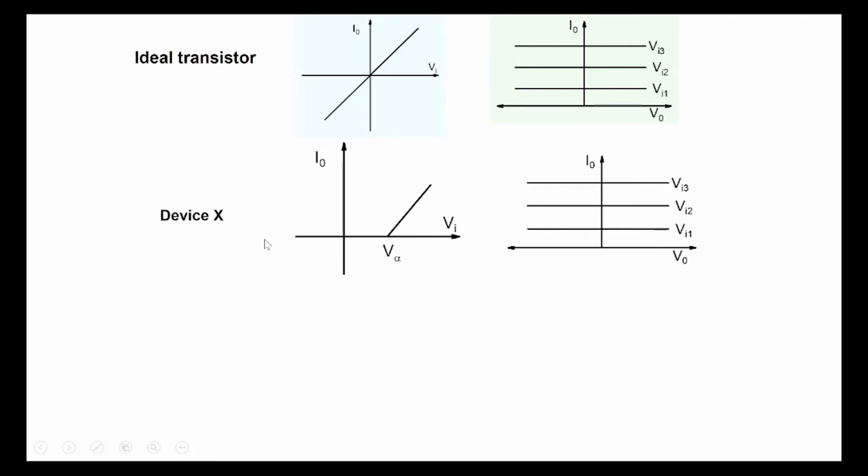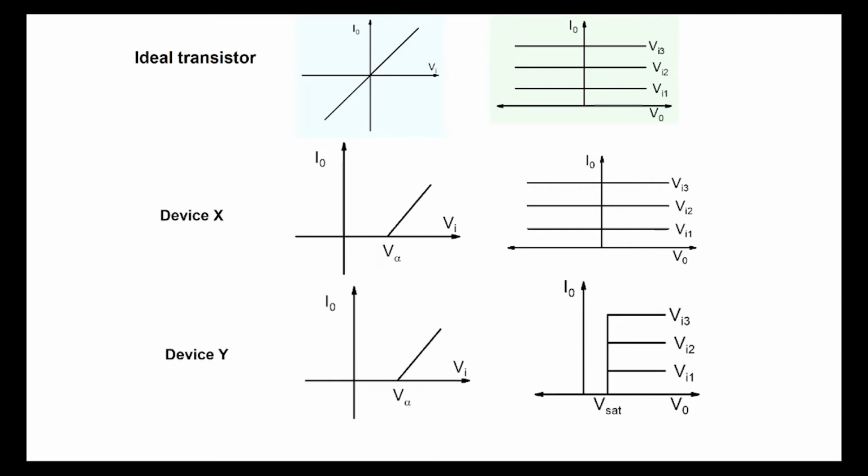And I naught is not conducting for negative values of Vi. I naught is only conducting for positive values of Vi, and that too, after a threshold value here. So that's a non-ideality. If we compare the two, we can see that this is a non-ideality that is there here. So the issue before us is, if we had this ideal transistor, making an amplifier was very easy. Just connect the source, the signal, to its input, and connect the load, the resistor, to its output, and we had an amplifier which was ready. But now that we have a device like this, device X, and let's say that's a new kind of hypothetical transistor,